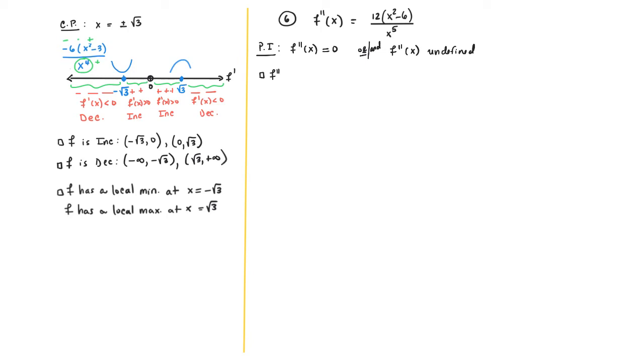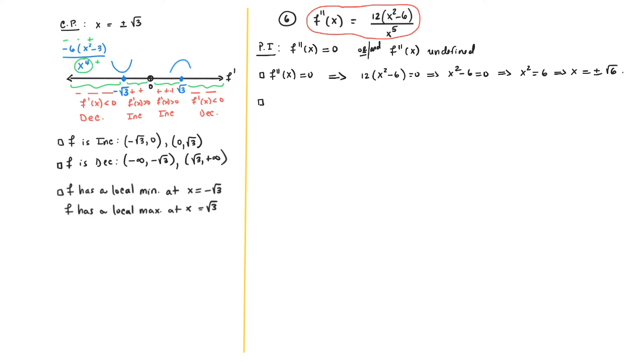So number one, when is the second derivative equal to 0? And in case you missed it, I copied over here the second derivative just to have it here in front of us. So the second derivative is equal to 0 when the numerator is 0. That means when 12x squared minus 6 is equal to 0. In other words, when x squared minus 6 equals 0, which implies that x squared is equal to 6, meaning that x equals plus or minus square root of 6. So that's a possibility. Now for the second one, when will the second derivative be undefined? It is undefined when the denominator is equal to 0. That means when x to the fifth equals 0, which implies when x equals 0. So what I have so far are the